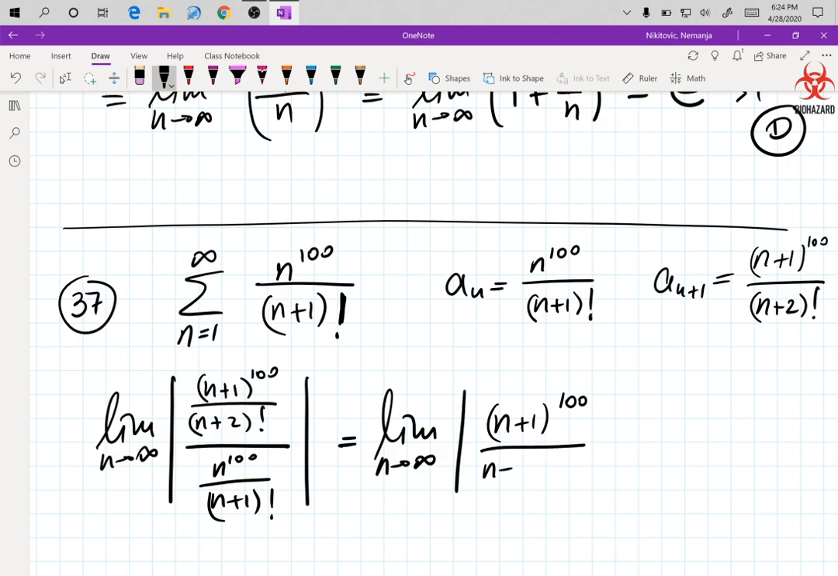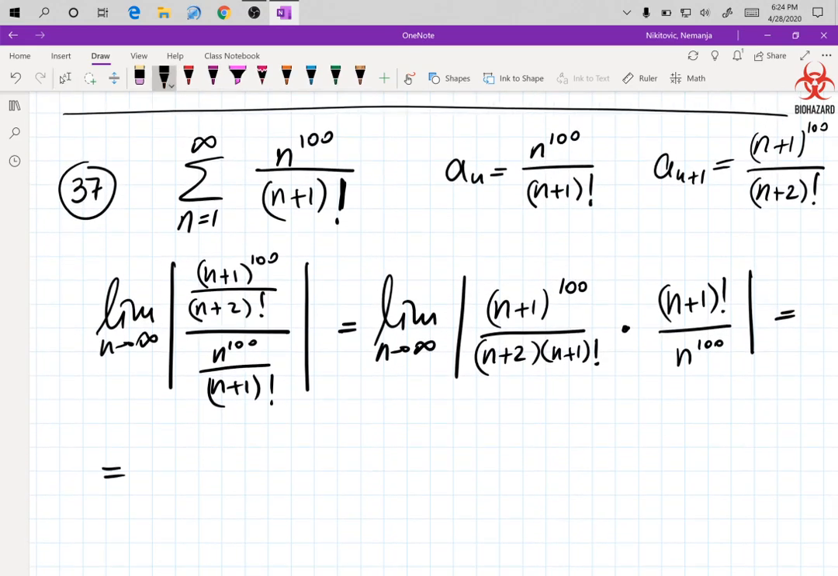Divided by, I'm going to peel off (n plus 2) and just leave (n plus 1) factorial in there. So I just peel off one term times (n plus 1) factorial divided by n to the 100. So now we cancel what we can, and in this case just the factorial dies, and I am left with the